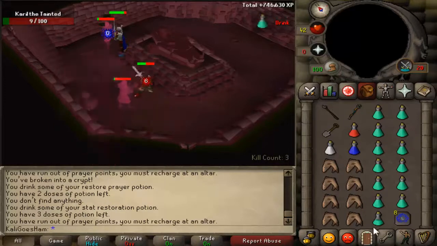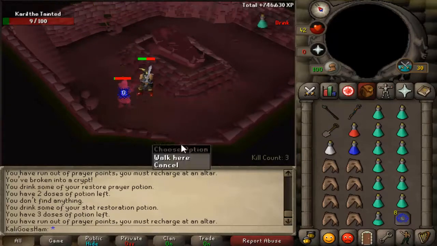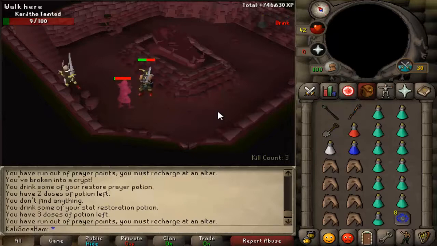Alright, he's almost dead now. Prayer just dropped. I'm not even going to pray. Shouldn't be too much of a problem. You can tank. It's not like you can't tank him at all, but... yeah. Oh, and I can't hit. I thought this would work, but...